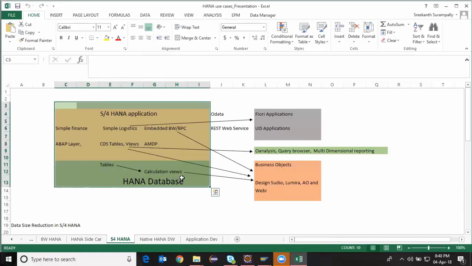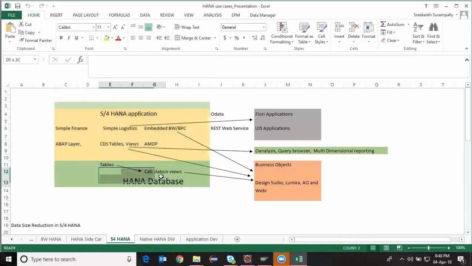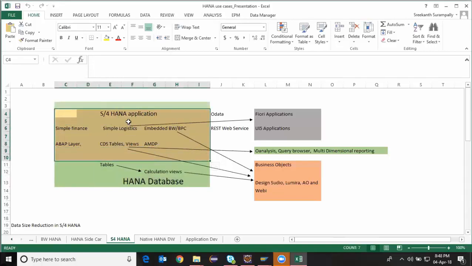So I don't know why you would get confused. There is no such thing as separate native HANA, S4 HANA, or BW. It's all mixed up. Native HANA is everywhere. Whatever you do directly in the database is called native HANA. Whatever you do with respect to the application is called S4 HANA if you're doing it in ECC or S4. If you're doing the same